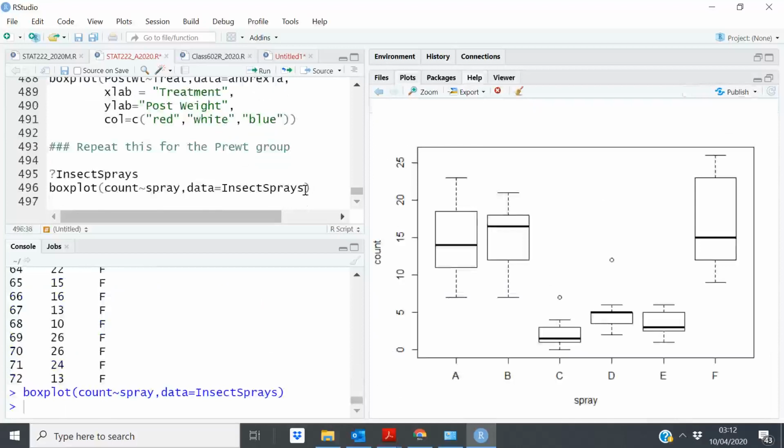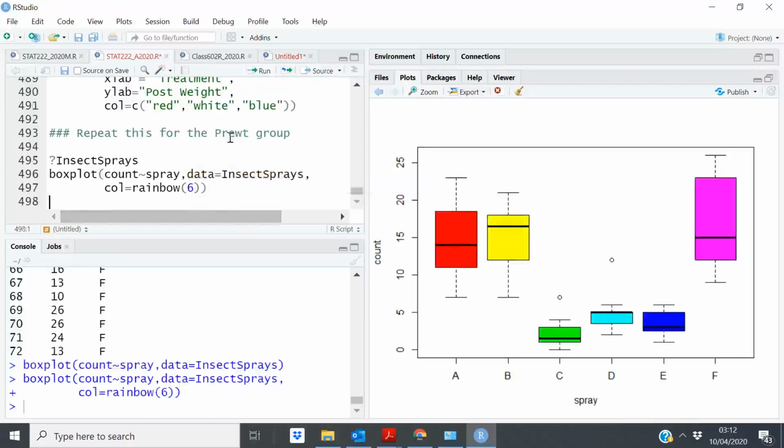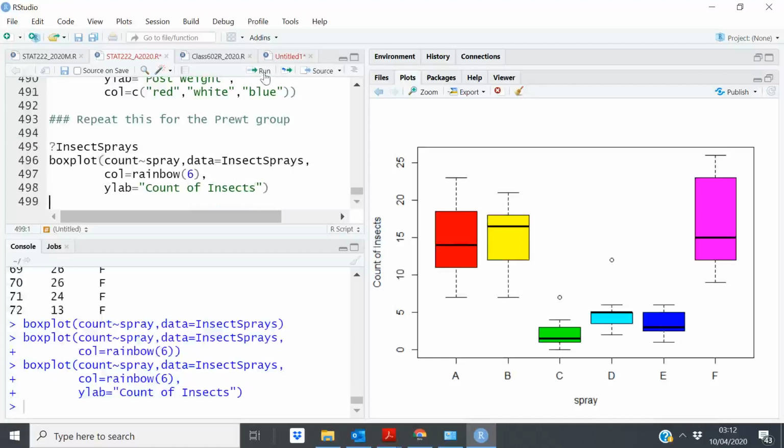If I want to color them, I can color. Okay, and this one, maybe we can use the rainbow 6 as well. There are 6 groups, right? So 6. Okay, so 6 groups. And maybe I can go back again and do the Y lab. I can say count of insects just so that it gives proper labeling. Okay, and then X lab is spray. Okay, and so forth. So that's it. So if you look at this,